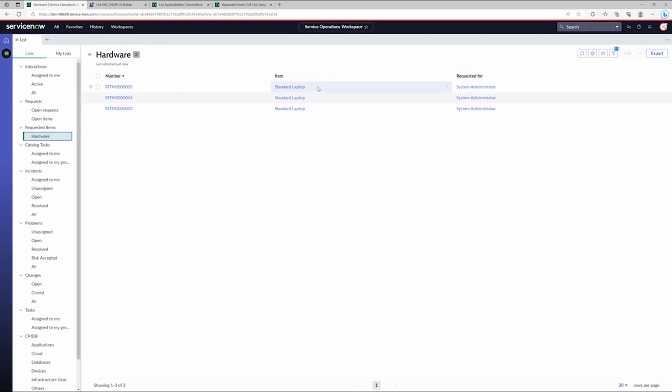We can see these items here are all standard laptops, so they all fall underneath that category of hardware. So that is the process for getting a new category and list added within the Service